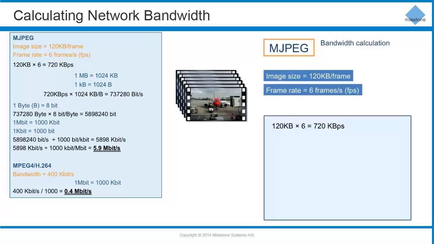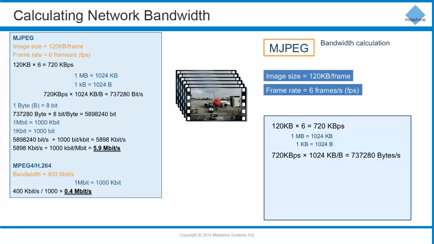Next, we need to break this calculation down even further. Bandwidth is typically measured in megabits per second. Currently, our math has been working with kilobytes. We need to convert our bytes into bits before we can continue with the calculation. We know there are 1024 bytes in a kilobyte and 1024 kilobytes in a megabyte. We need to change our 720 kilobytes into bytes, and we do this by multiplying by 1024, which gives us a total of